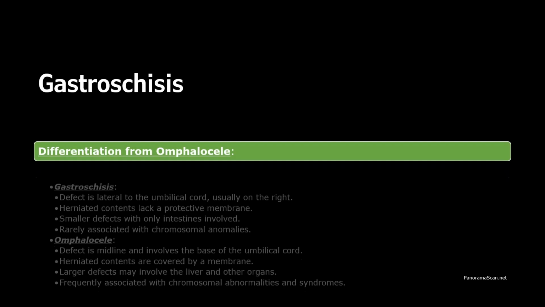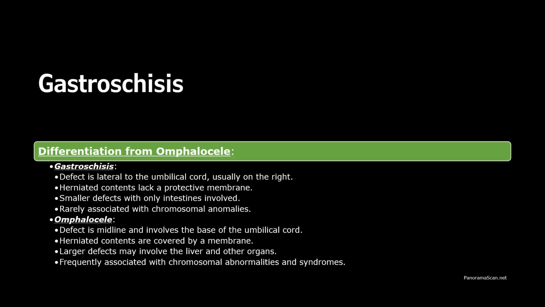Two common abdominal wall defects that can be identified during fetal imaging. In gastroschisis, the defect is lateral to the umbilical cord, typically located on the right side. The herniated contents lack a protective membrane, which differentiates it from omphalocele. The defect is typically smaller and usually involves only the intestines. Gastroschisis is rarely associated with chromosomal anomalies, while omphalocele